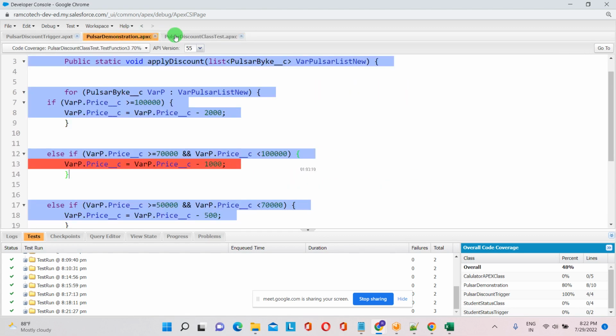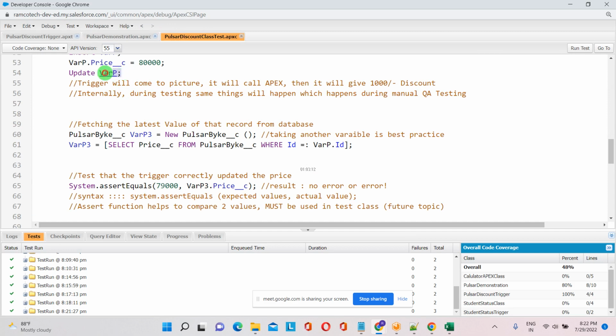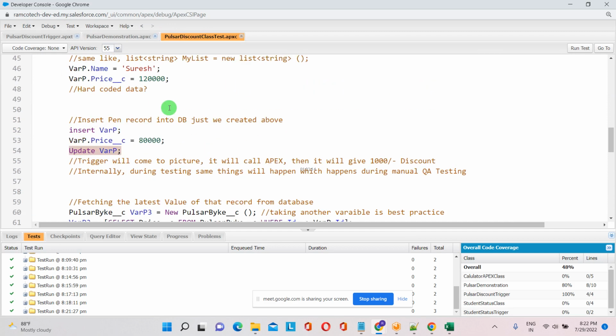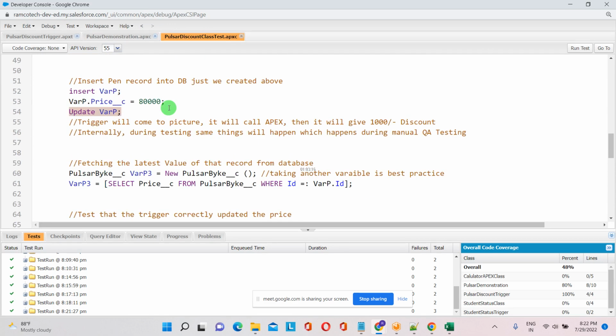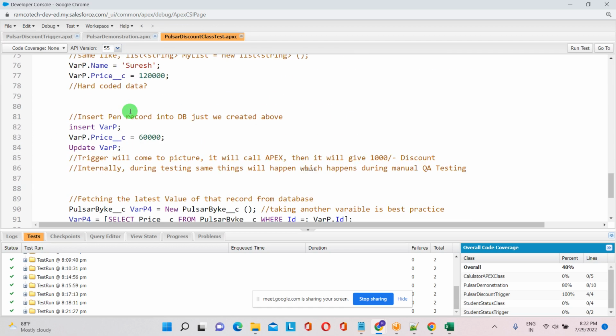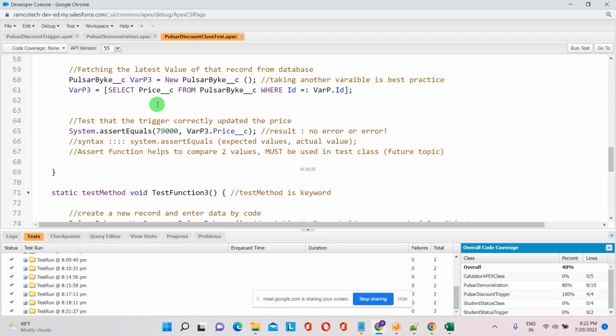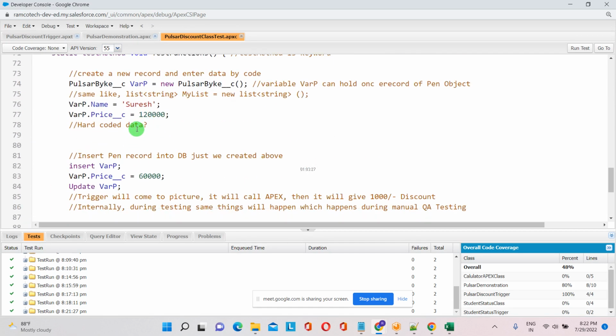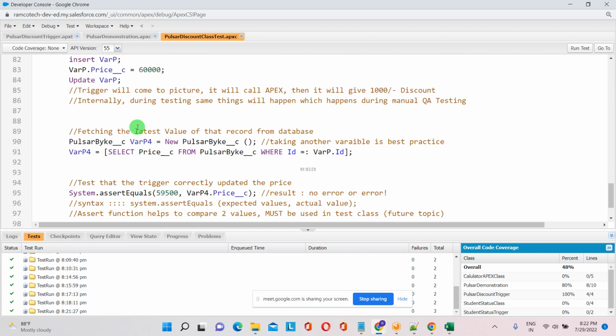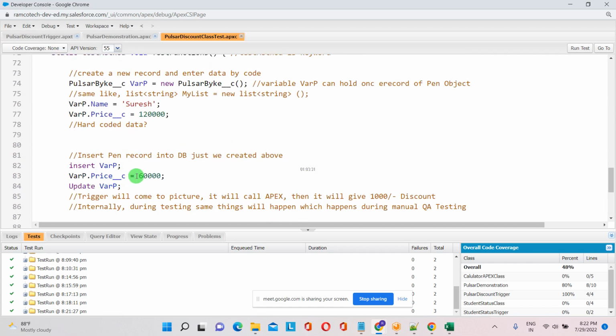Are you getting where we are missing, Rajesh? I missed it actually, update. Because in the second function we are telling them to update 80,000, and again here also I'm giving update 60,000. So the second function is not taking it directly, the third function it is taking. So here what I'll do is